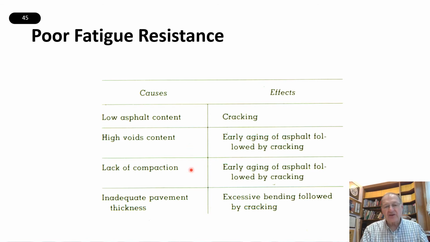Lack of compaction is just both of these is a way to have high in-place air voids. And then the last one is inadequate pavement thickness. It's not too often that we're going to run into this as a problem, but if a customer comes to a contractor and says, I need this pavement built, and here's the traffic that I anticipate is going to go on it to get to my building,